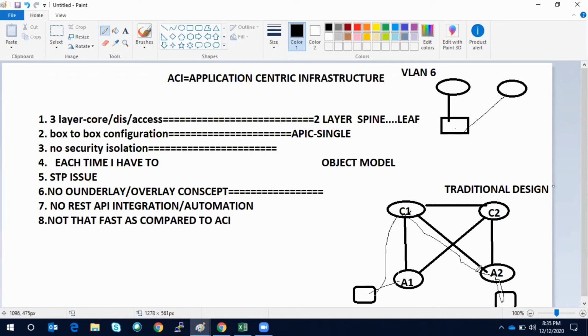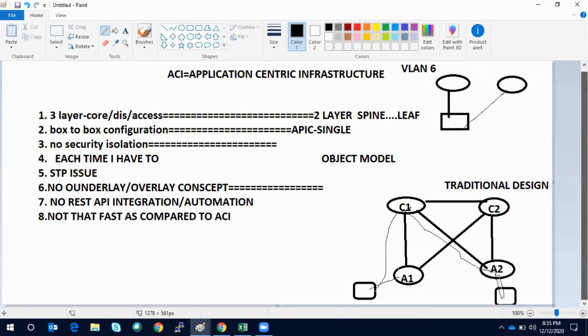Second, just for access layer communication, I have to go to the SVI and then come back again to the access layer. So this is not very good for east-west traffic. Even if you include the distribution switches, the traffic will go to the access layer, then to the distribution layer, and if your SVIs are at the core layer, then it will go to the core layer, then come back again and then be sent to the server.